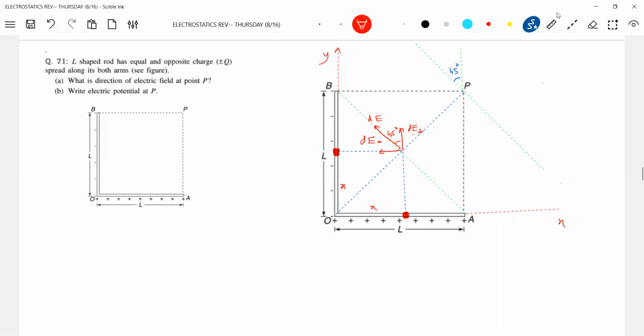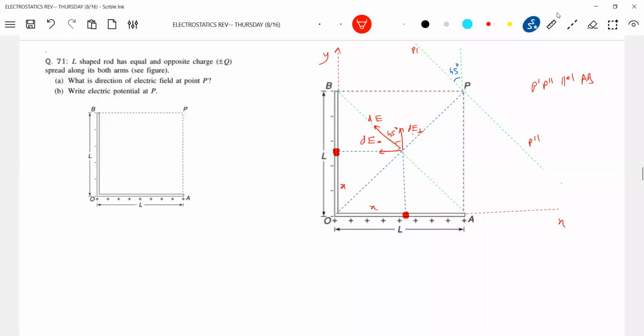Okay, fine. So this should be along the line joining. So this line will be parallel to, so here you will write some P, no? P dash, P double dash. P dash, P double dash is parallel to line AB. So therefore the field at point P should be along the line parallel to the line AB.